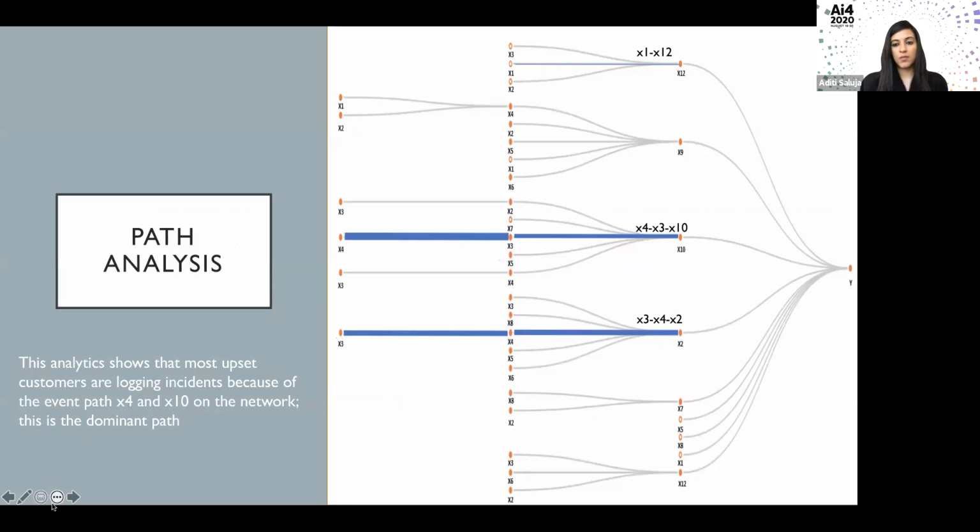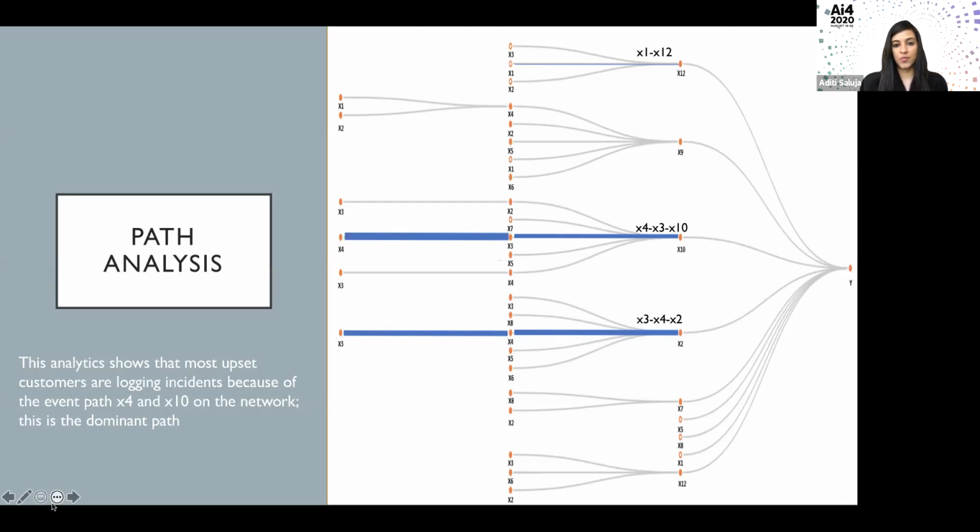The broadest path, which is X4, X3, and X10, is leading the customer to call care. Then there's another path, which is X3, X4, and X2. This is also leading the customer to call care. And the third path, which is not that broad, is X1 and X12.